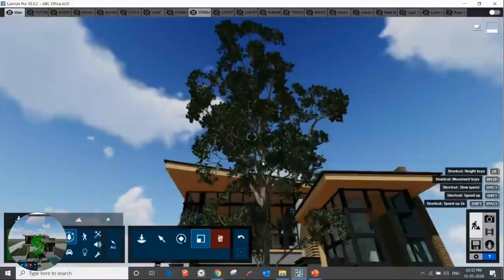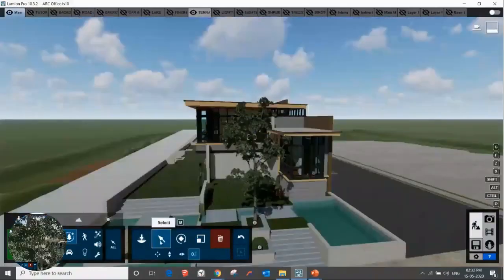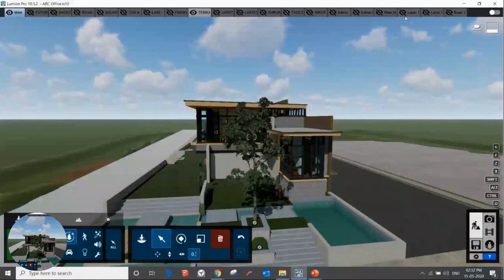Now, what I have, guys, is a project with applied materials. So I will turn on the layer. Lumion also works with the layer tab, so you can bifurcate all your contents. Like you can bifurcate your furniture, your animated people, your building, lights, and other objects, and you can proceed for your design and for the rendering.